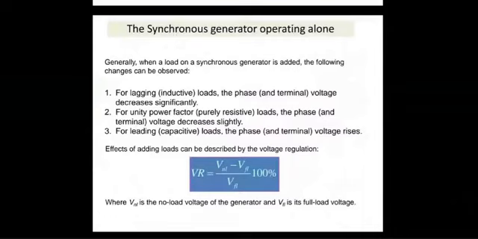Voltage regulation for a synchronous generator is defined almost in a similar manner in which we had defined voltage regulation for a DC machine or DC generator. No load voltage minus full load voltage, divided by full load voltage, and the entire thing multiplied by 100 to get the result in percentage. The only interesting thing here is that depending on the power factor of the load, you may even get negative voltage regulation. I had shown this in my own notes, and when we do numerical examples, we'll come back to that.